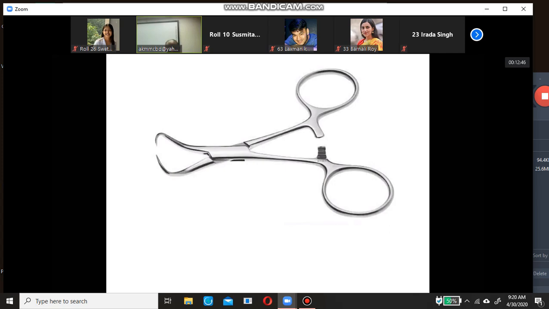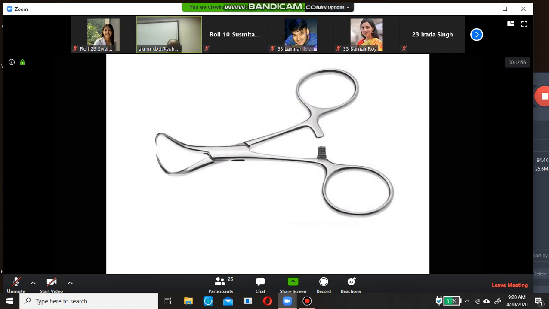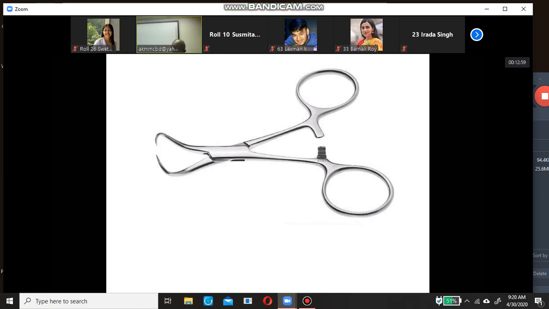Is there any other use? Can we fix anything else? We use many instruments in the operation, particularly cable-like things, such as sucker tube, diathermic cable. In laparoscopy, there is camera, then there is inflation tube, etc. We can fix all these things to the draping sheet.